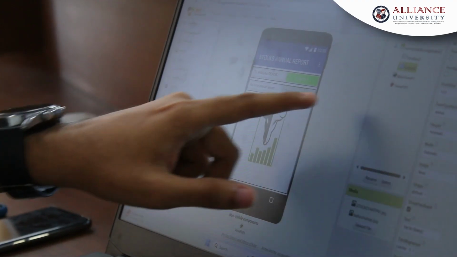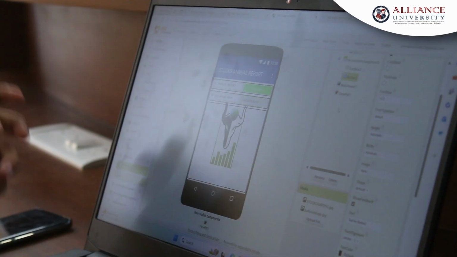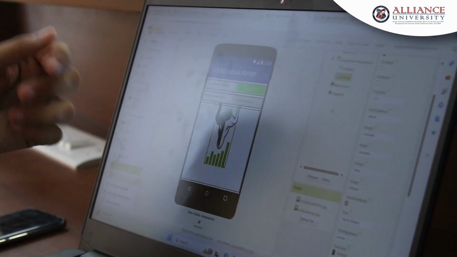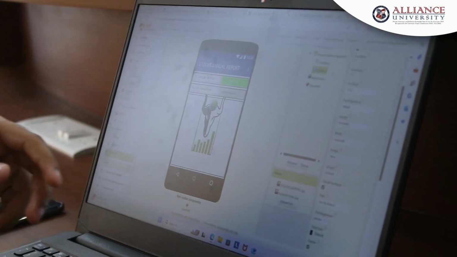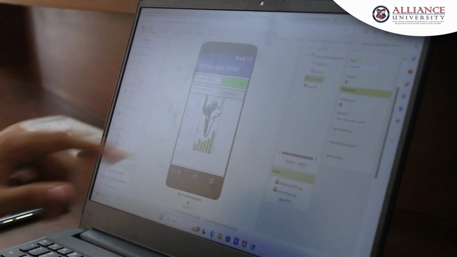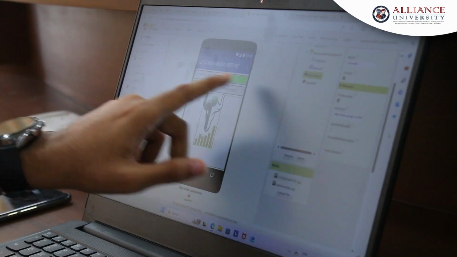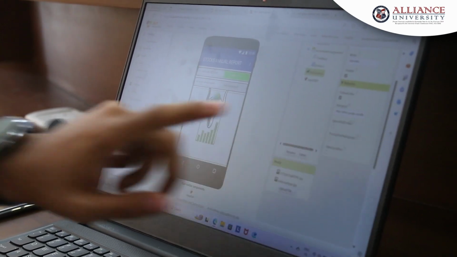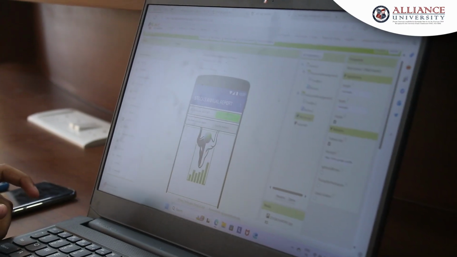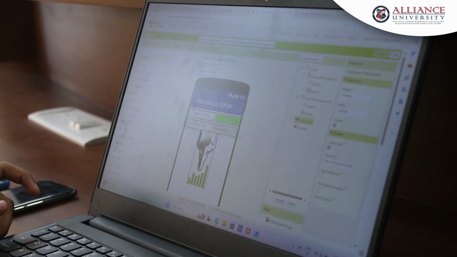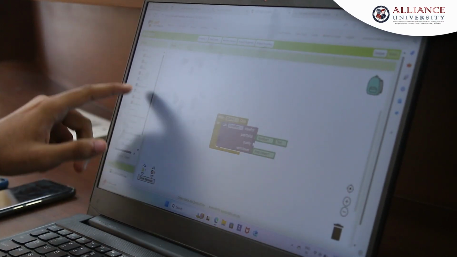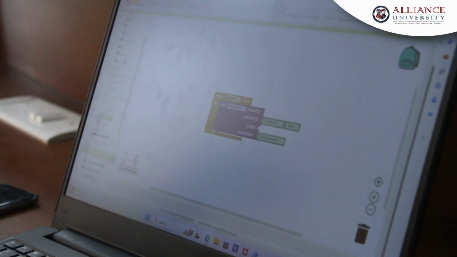For this link, I have put in a web viewer. I have transferred the PDF to Google Drive, and I have taken the link, copied the link, and put it into the web viewer. This is the home URL of the ITC annual report, a balance sheet link. And to generate this link, we have to go to the blocks, and these are the things we have to do. You have to go to Control, and it will show the whole process.